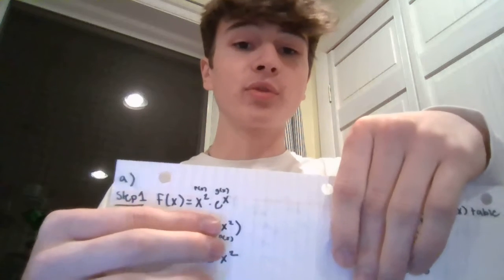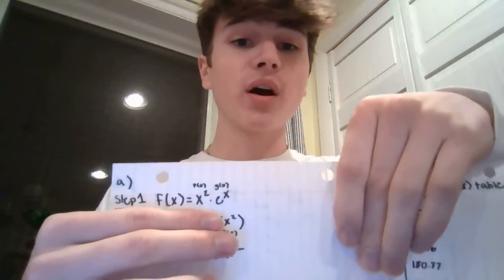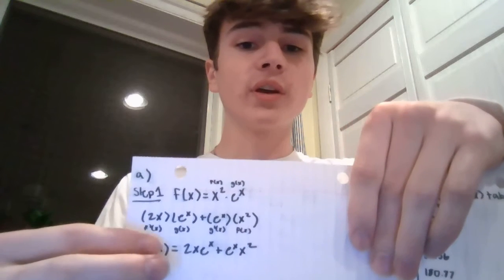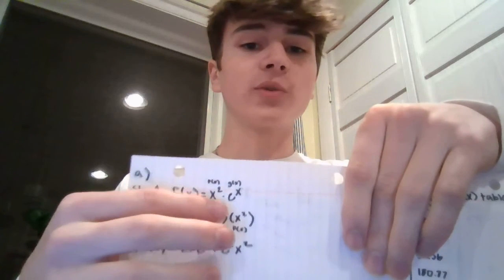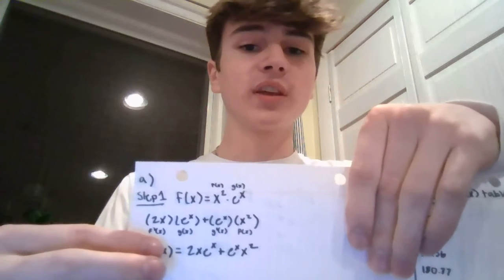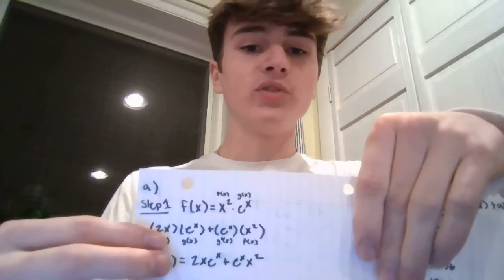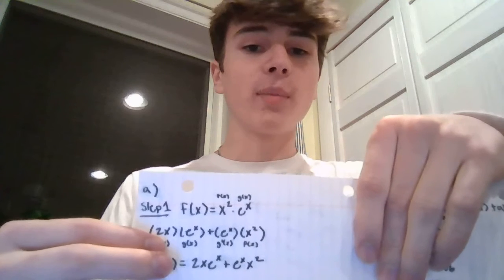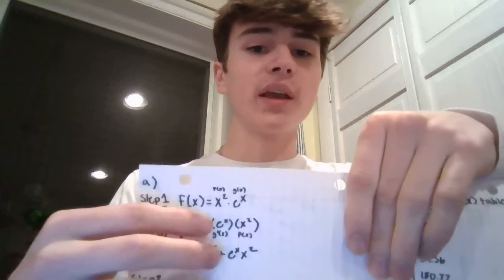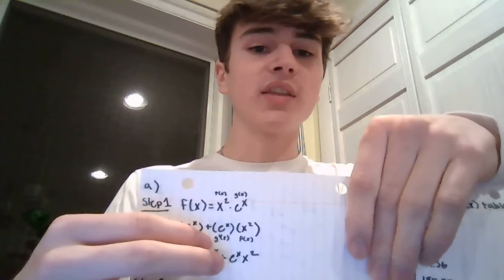So this is going to be product rule to find the derivative because it is the multiplication of two different functions. So here's our formula down here. I made x squared f of x and e to the x g of x. So first you're going to take the derivative of the first function, which is just going to be 2x because of power rule. It's really 2x to the 1, but you don't write the 1. And then you just plug in g of x, which is just e to the x,